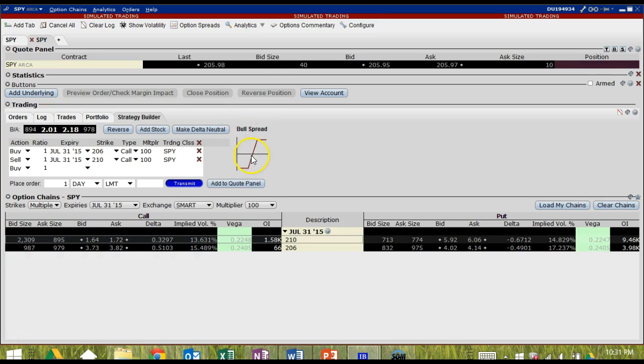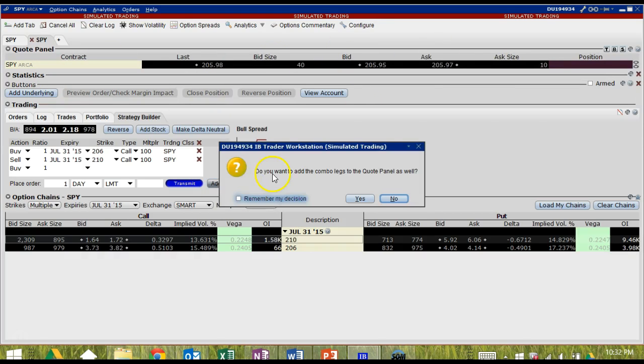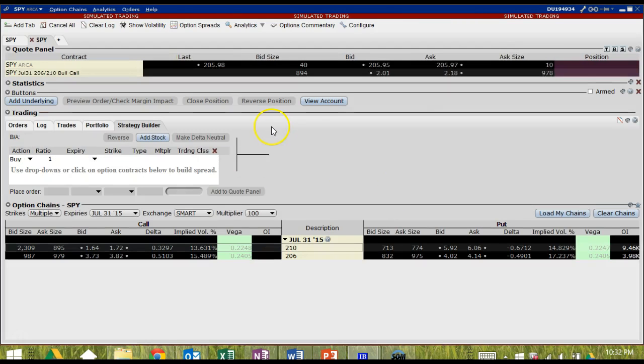This is the path profile we're looking for. And the key here to place this as a spread, you need to click Add to Quote Panel. So up here is the quote panel. So if you click this, just hit no if this thing pops up. So now we have a brand new bid ask for the option spread itself as opposed to the individual legs